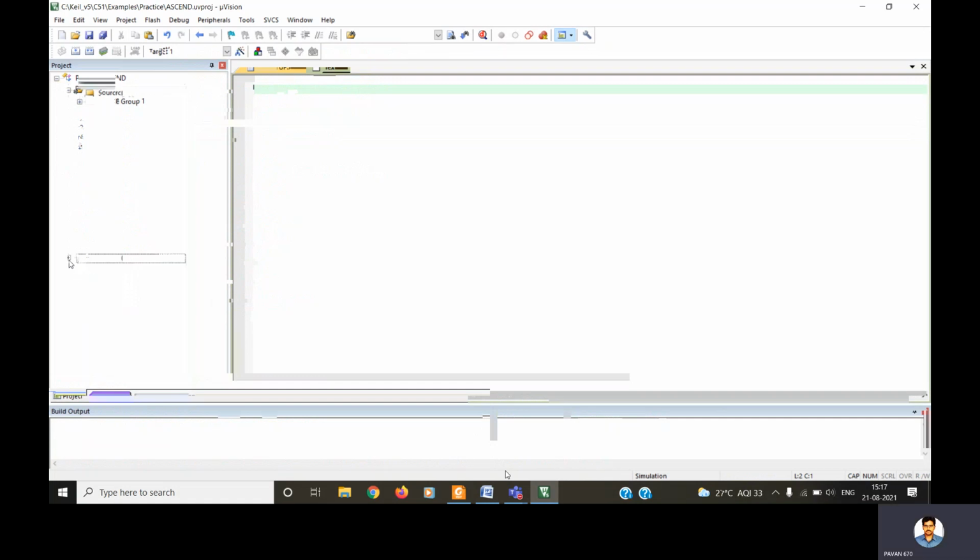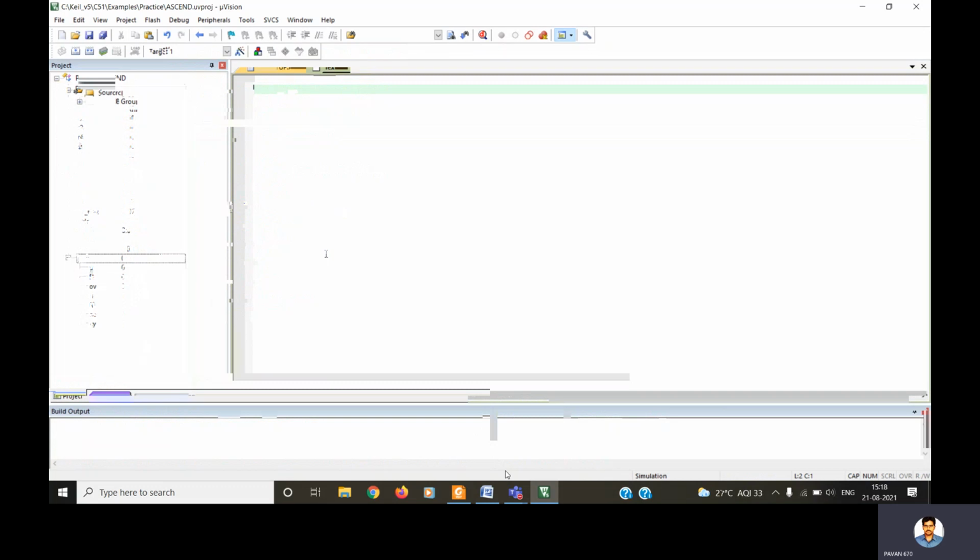Initially they are all zeros, so no need to worry about it. You can see all values are zeros except the stack pointer, which is 07. What it means is that whenever a microcontroller is reset or initiated, the stack pointer starts from 07h. In theory we also studied that the stack pointer of the 8051 microcontroller starts from 07h, an empty stack. That's why SP is loaded by default with the 07h address value.